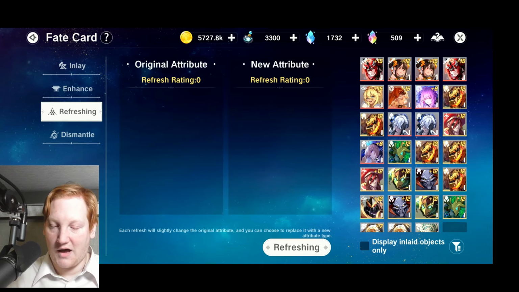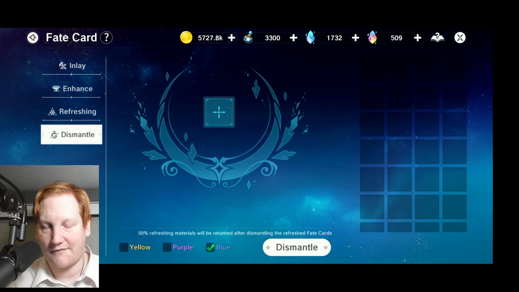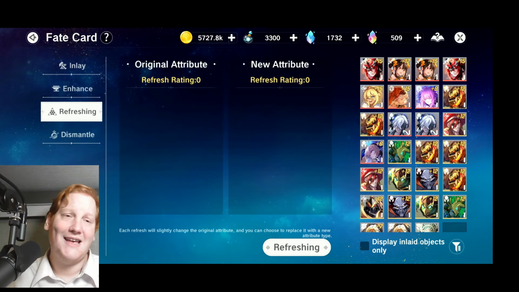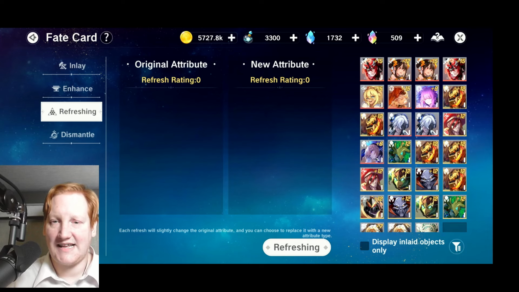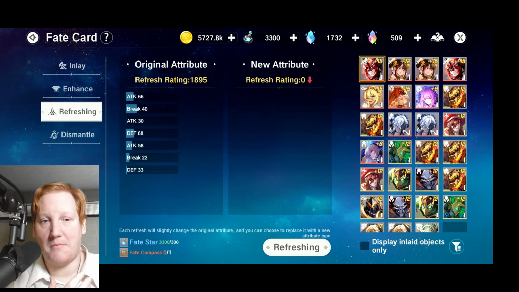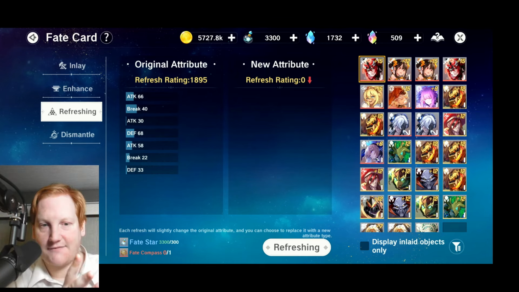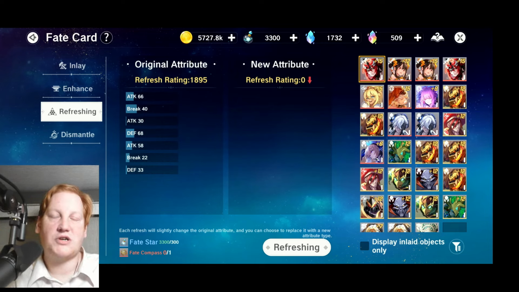Then we have the refreshing, dismantling, and then talking again about the stats we're looking for. So the refreshing is one of the main things that's an issue here for the red cards. So if we take a look, this one, for example, has a bunch of stats, but if I want to roll them to increase the numerical value or get different ones, it's going to require fate compasses right here, red ones, which are only available during special events